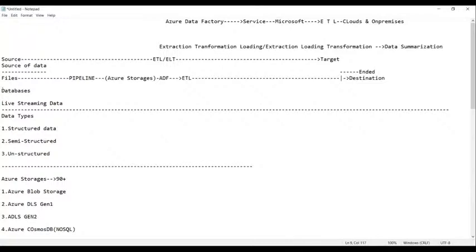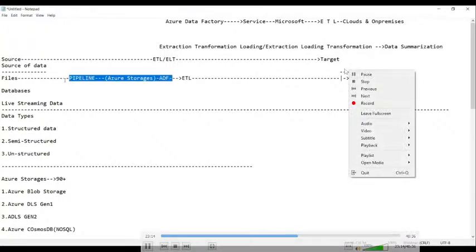In between this pipeline, we have storages, then we use the ADF, and then we perform the